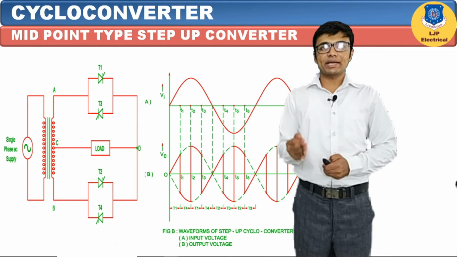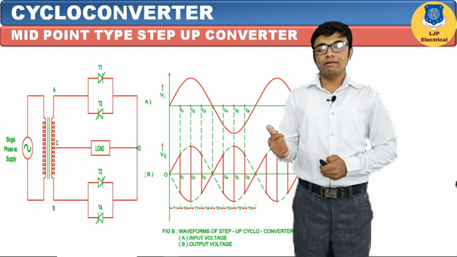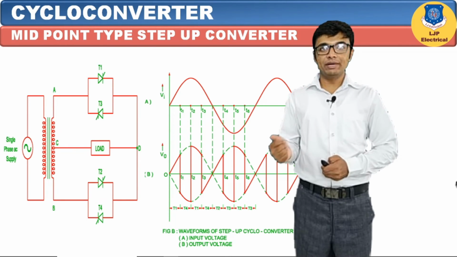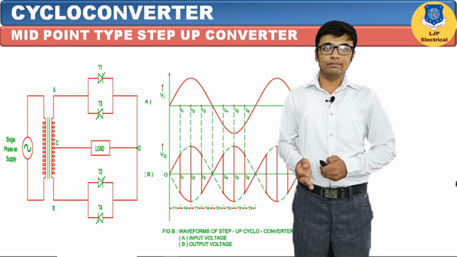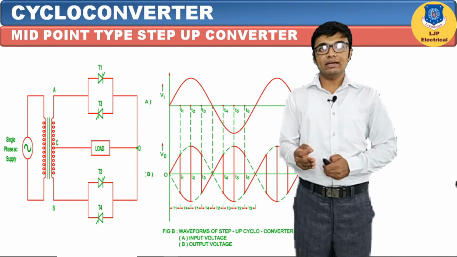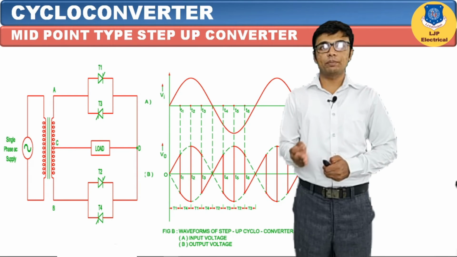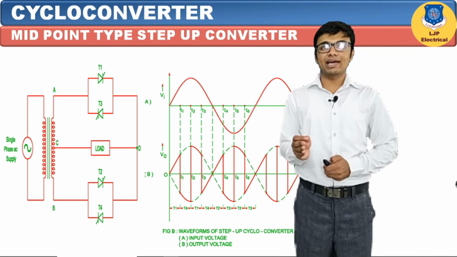So if a positive half cycle comes, then A terminal will become positive. Same time upper terminal of the midpoint will become negative. Same time bottom terminal of the midpoint will become negative. And the last one again will become negative. So now if we trigger thyristor T1, then the current will flow from A to T1 to the common point to the load and come back to the point C, and we will get half part in the positive. And same time we have to turn off the thyristor T1 by using force commutation method, which we have not shown here.